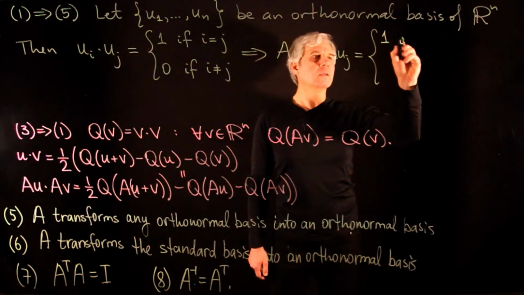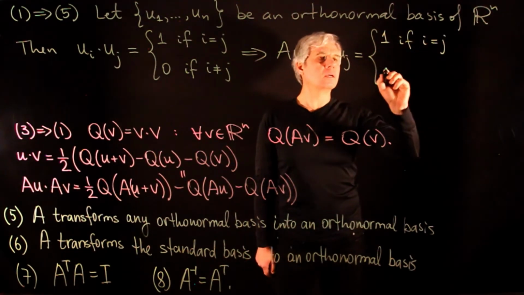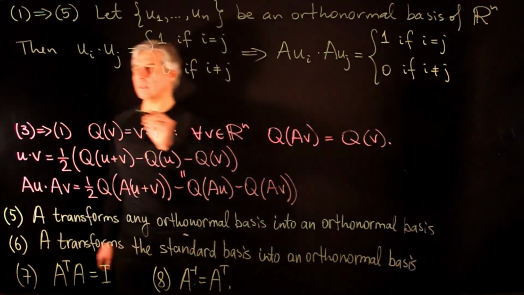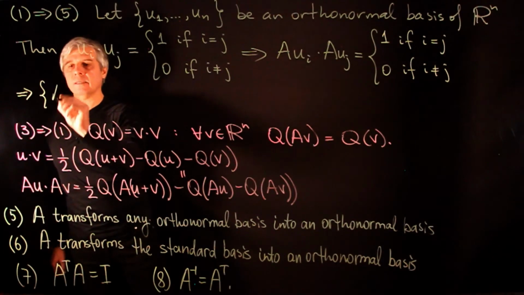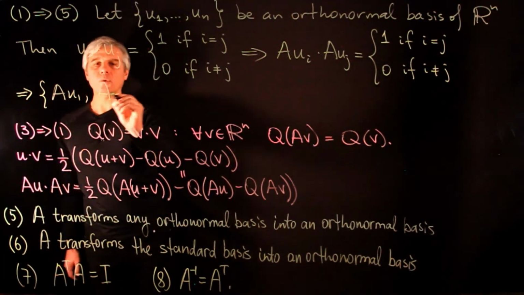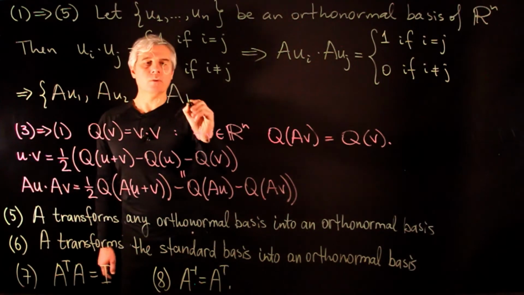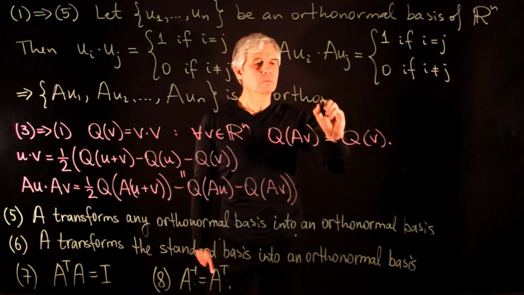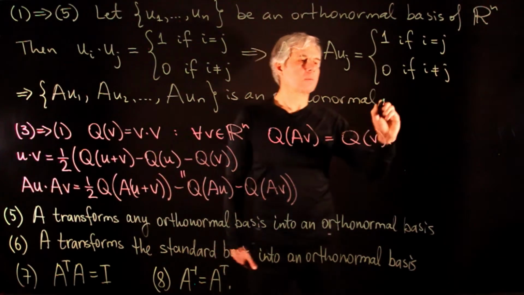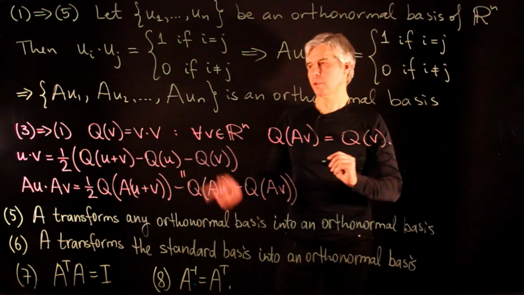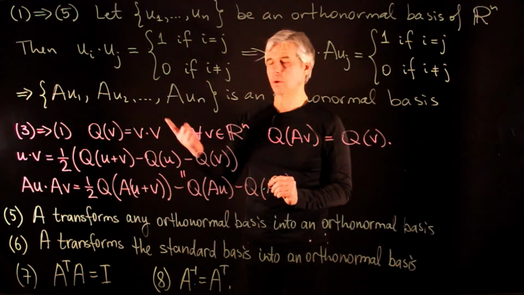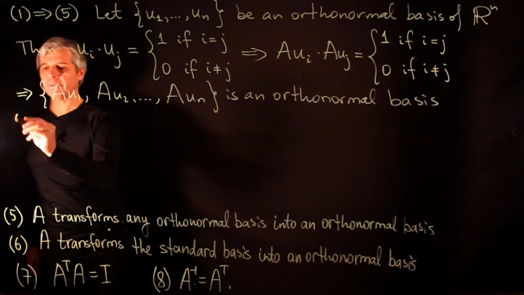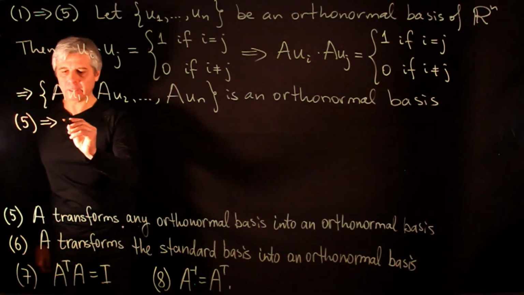So it's 1 if i is equal to j, and 0 if i is different from j. And then this implies that the set AU1, AU2, through AUn is an orthonormal set, and we know that every orthonormal set is linearly independent and thus forms a basis. Now, the fact that 5 implies 6 is trivial,